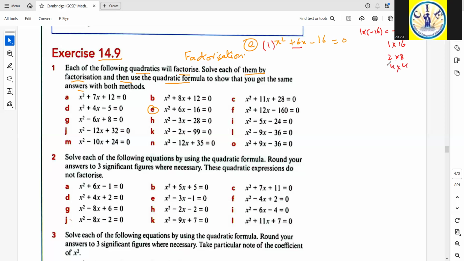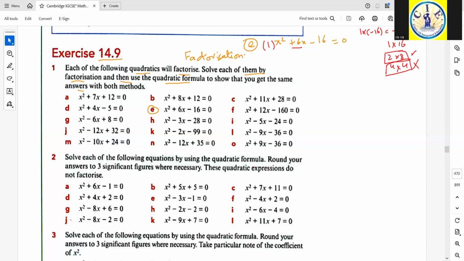But if you add 4 and 4, you do not get 6. You add 2 and 8, you do not get 6. But when you subtract them, you get 6. And when you multiply them, obviously you get 16, since 2 and 8 both were originally the factors of 16. So,